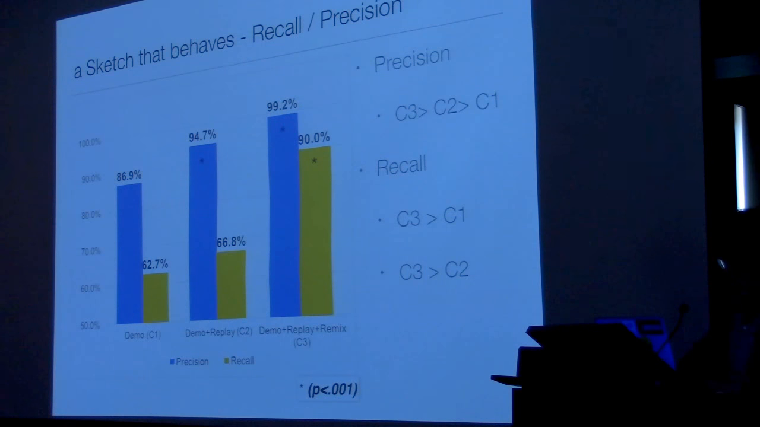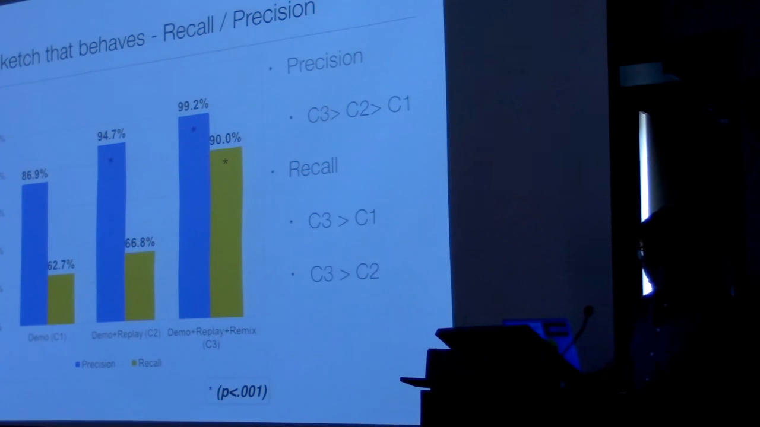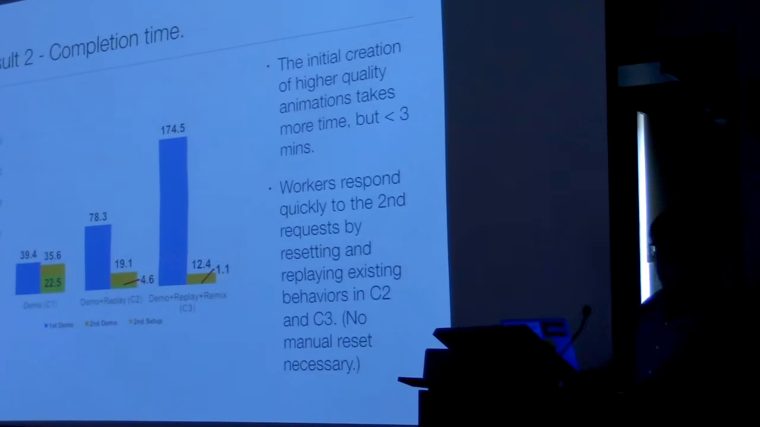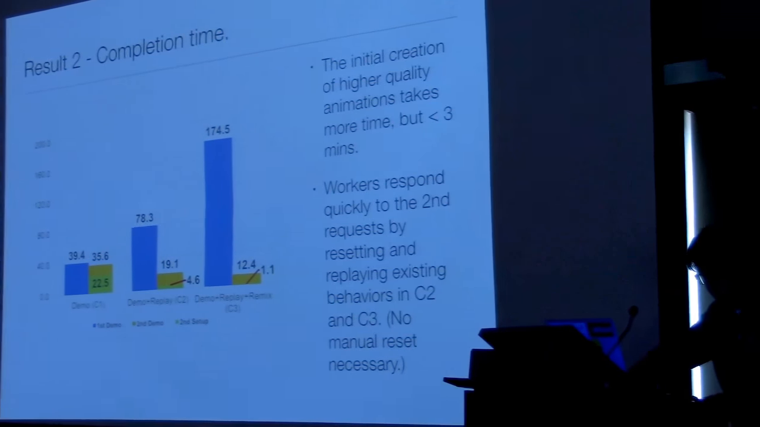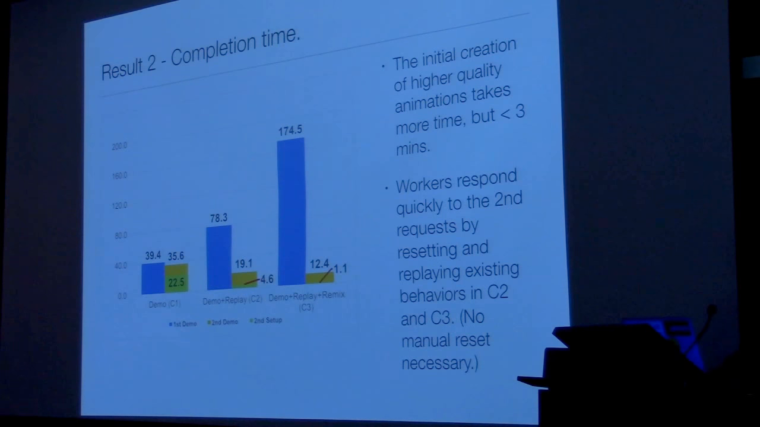We got a 27% gain in recall at C3. We didn't have any statistical significance in C2, but we were able to see a great increase in recall. That's because the remixing function allows more accurate, expressive behavior. In terms of completion time, the increased gain in recall comes at the price of more time to remix